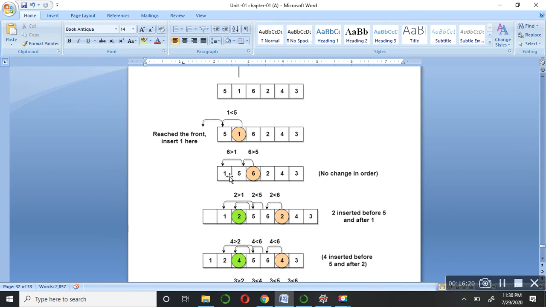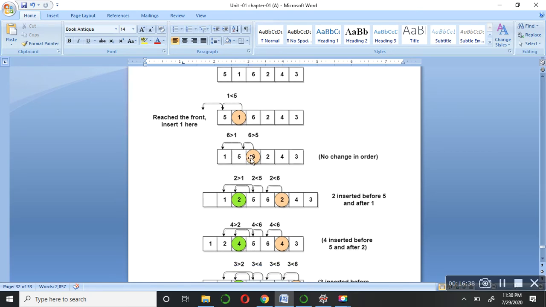So now the new list is 1 5, and the circle has gone to the next element, which is 6. We are going to compare 6 not only with 5, but with these two elements, 1 and 5. Now we have to fix this 6 somewhere between 1 and 5 if required, otherwise we'll leave it as it is.